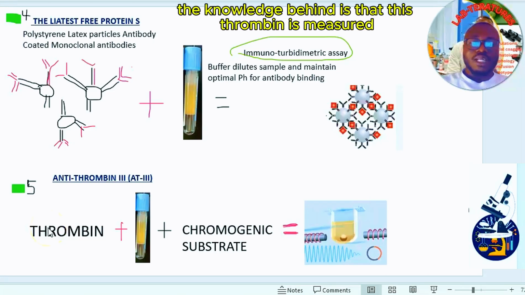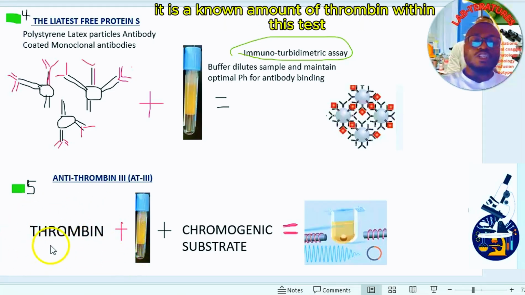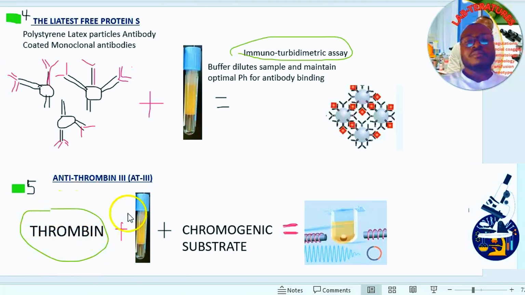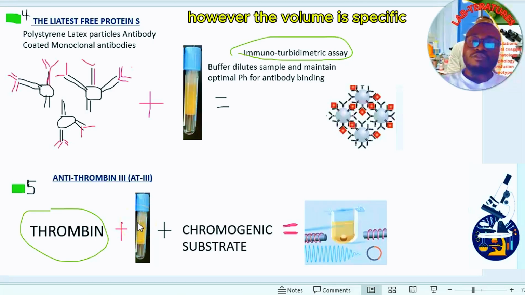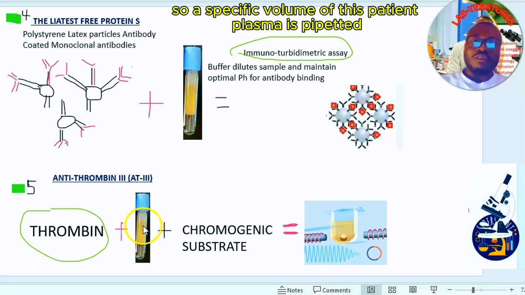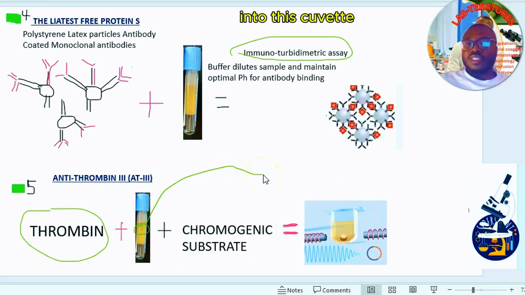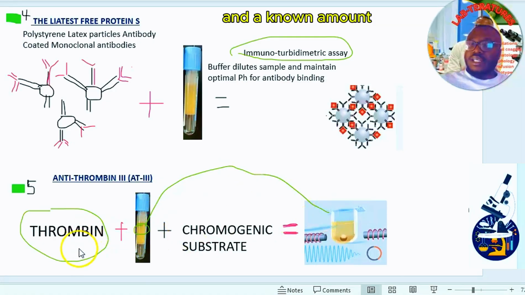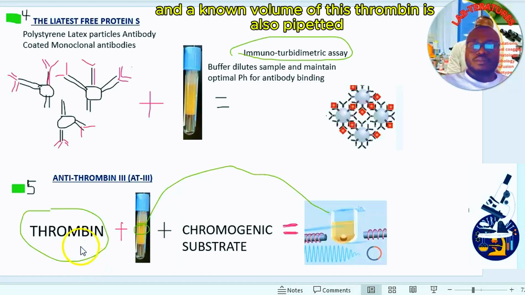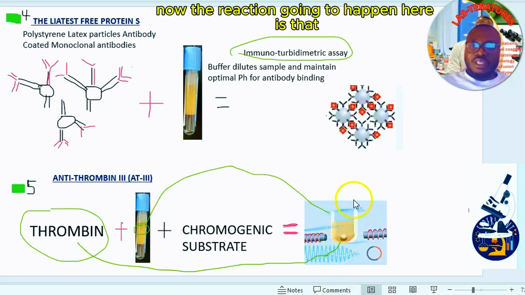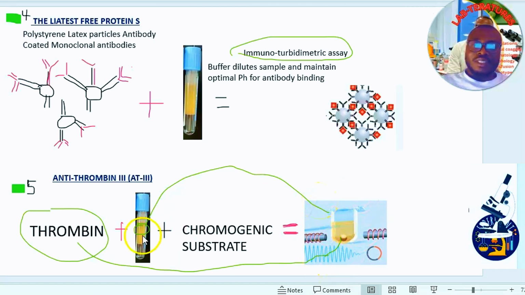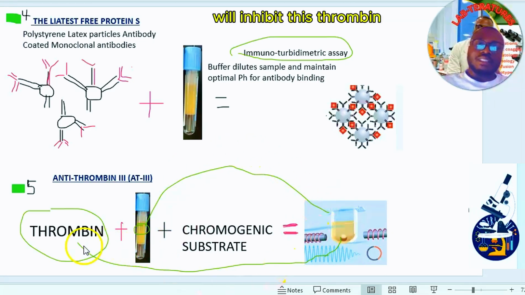But the knowledge behind it is that this thrombin is measured. It is a known amount of thrombin within this test. So a known amount of thrombin, but the amount of antithrombin within the patient plasma is not known. However, the volume is specific. So a specific volume of this patient's plasma is pipetted into this cuvette, and a known amount and a known volume of this thrombin is also pipetted into this cuvette. Now the reaction that is going to happen in here is that the antithrombin will inhibit this thrombin,